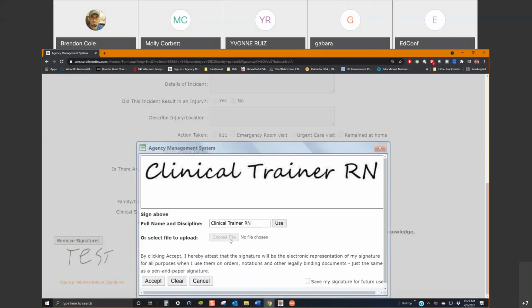Now, anytime you sign anything in the system, whether it's an order, one of these forms, or a service note, it is going to automatically pull your name and credentials from your associate tab and create this real pretty cursive, legible signature with your full credentials. Now, if you use this electronic signature, that's fine. The very first time you sign anything, this little box down here at the bottom that says, okay,